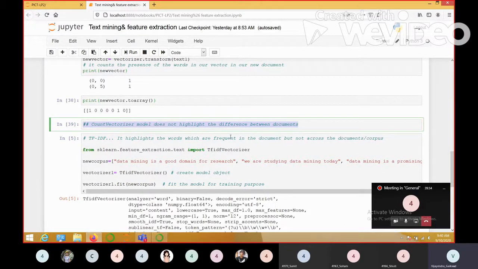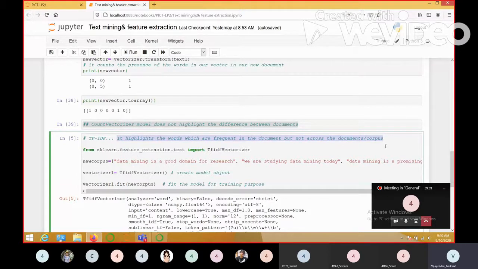In that case, we are more interested in TF-IDF. What is it? Term frequency and inverse document frequency. What does it do? It highlights the words which are frequent in a particular document, but not frequent across the corpus, that means across all documents.